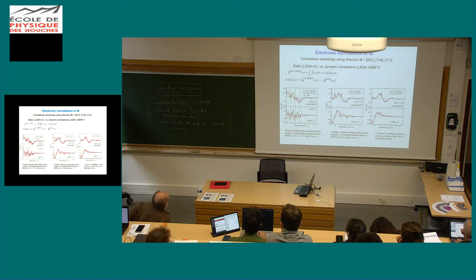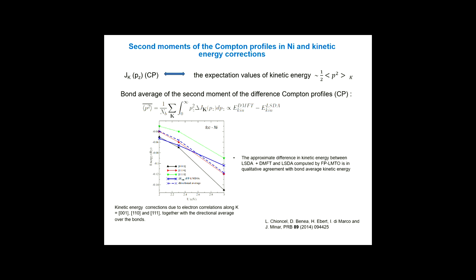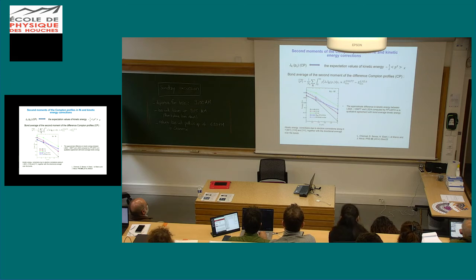So here, by these differences, which were seen in the magnetic Compton profiles, but only for this direction, for the 001 and 110. So along 111, we do not have. Okay, this second moment calculation relates with the